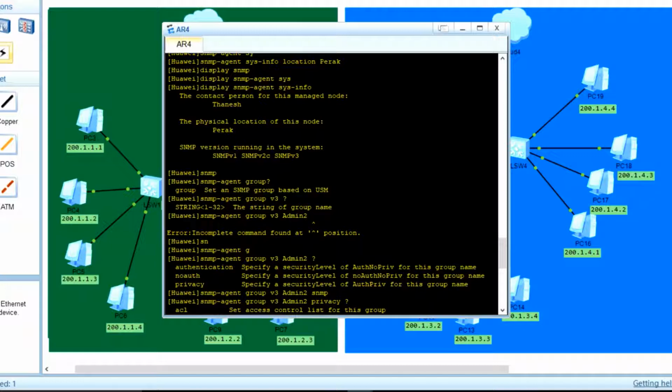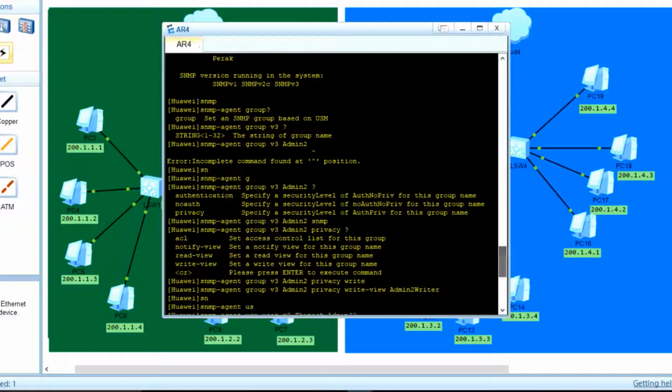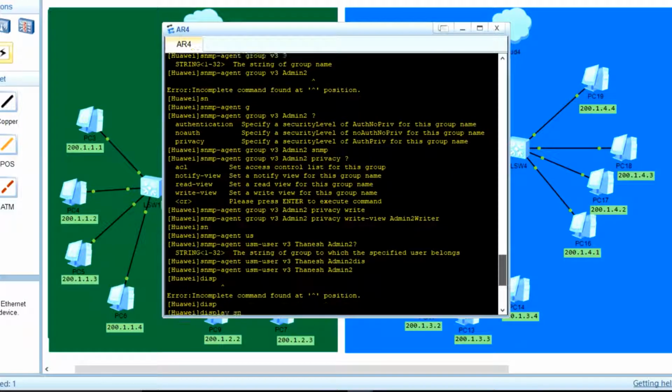So the name of the group is admin2. Then we proceed to check what admin2's configurations are. Then we set the privacy, so it's just read view for admin2. After keying in this SNMP agent USM user v3 Tanesh admin,